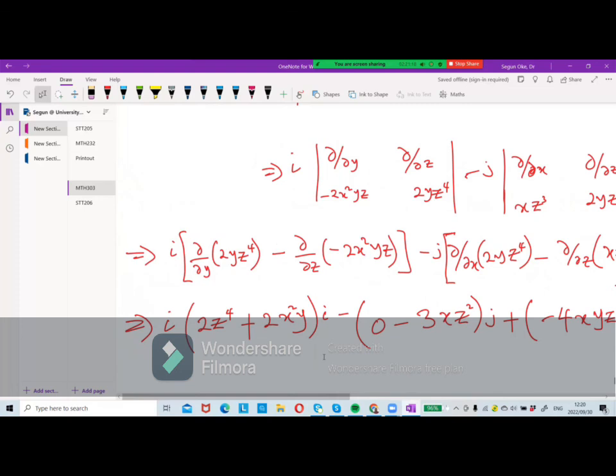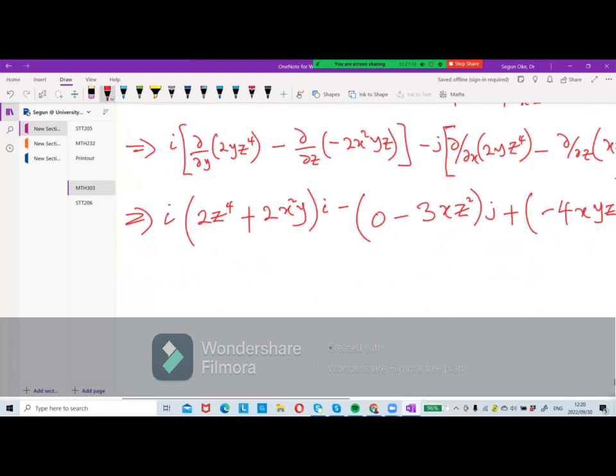So at the end of the day, we can rewrite this one by saying i, 2z^4, plus 2x^2,